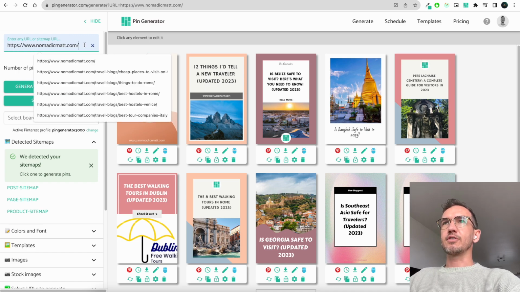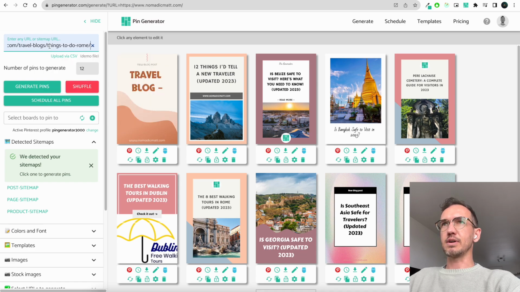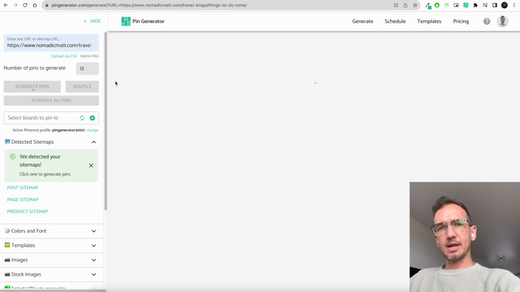If, for instance, you don't want to use a sitemap, you can put in the direct URL to any web page and click generate. And that'll go to that web page, grab its images, grab its metadata, and use that to set up pins. So when you go to a single URL, it'll give you another option. As we'll see here, it'll pop up with a whole bunch of image options. It'll show you all the images that are detected from the page, and sometimes those images can be